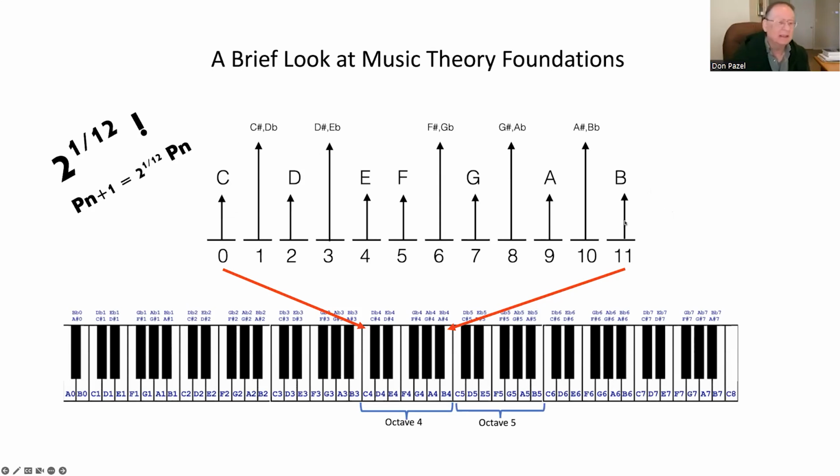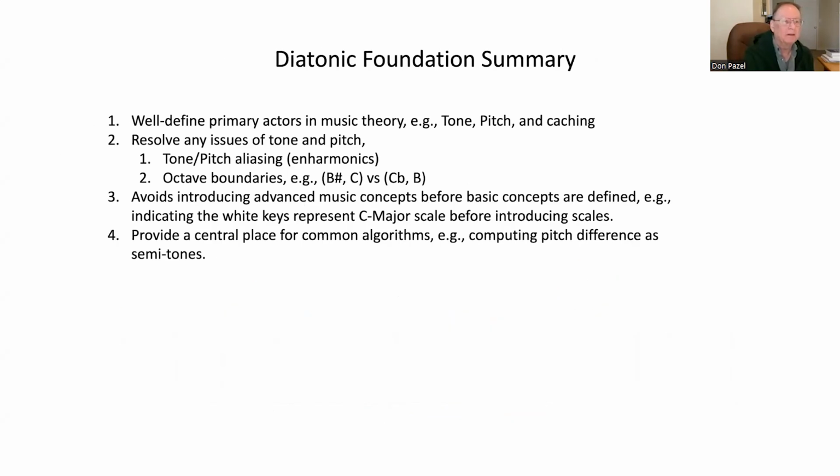Okay, and I can double them if I put them side to side with each other. So here's basically what you find on a piano from A0, where the numbers represent octaves, or basically clumps of these tones. I have 12 of them, I have 8 of them. Part of one down here, and then the beginning of one up here, but everything else is intact. And that's the model. That's all we're going to deal with. And you say, well, that's well and fine. What would I do software-wise with it? Well, for one thing, the primary actors are tone, pitch, and caching.